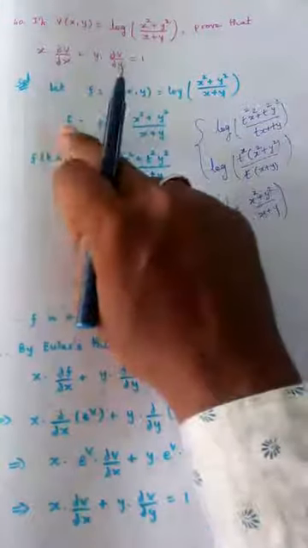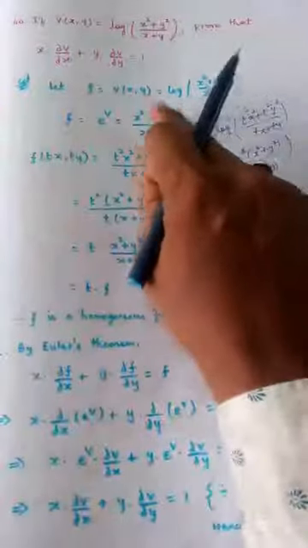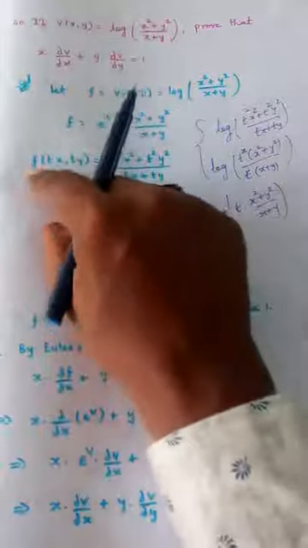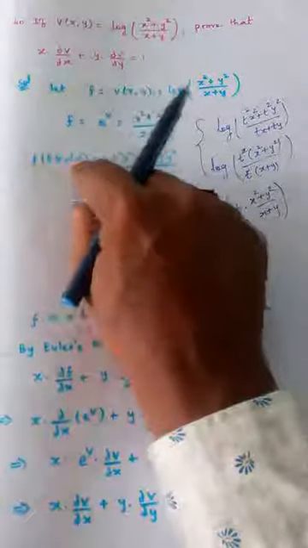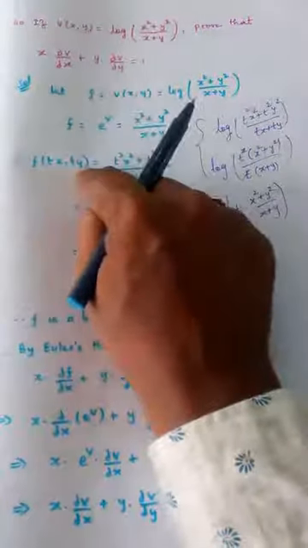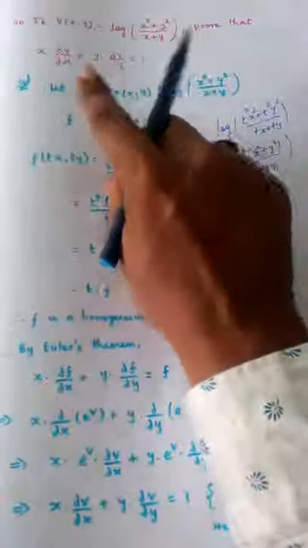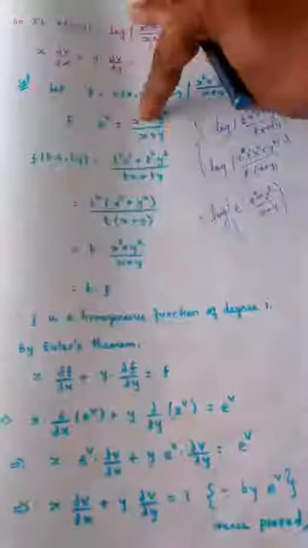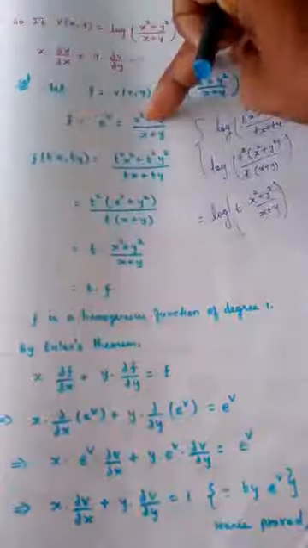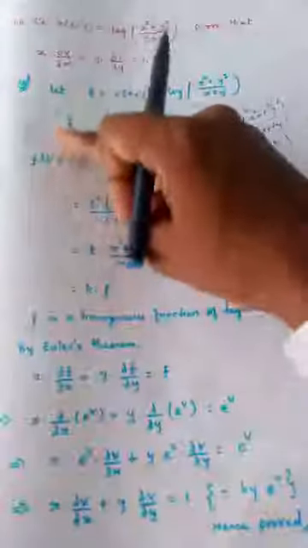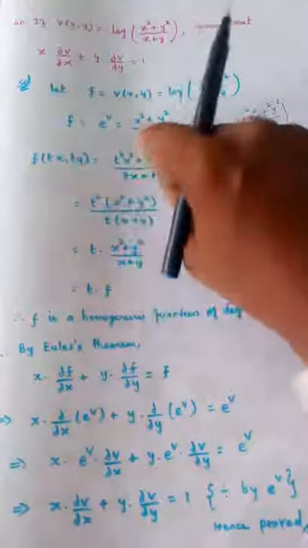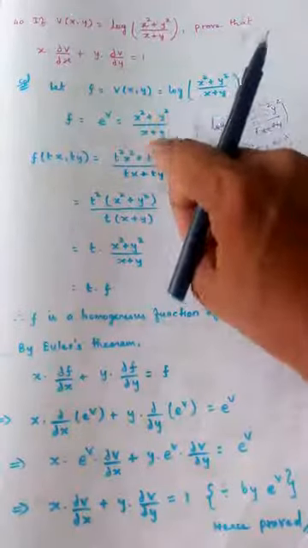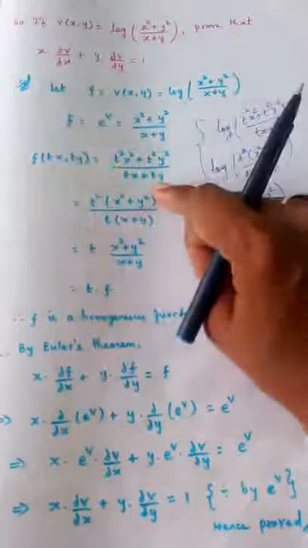Now f is a function of x and y. Yes or no? F is a function of x and y. So now you replace tx and ty in place of x and y. F of tx comma ty is equal to, leave this. They three are equal. Now we are only taking this and this, and writing f of tx comma ty is equal to, in place of x put tx, so t square x square. Here also do that. X means tx, y means ty.